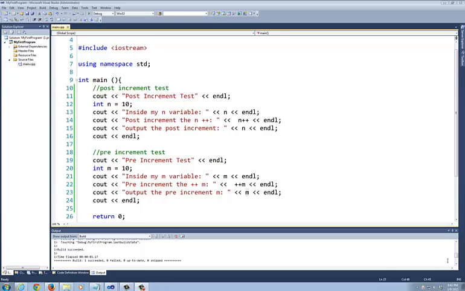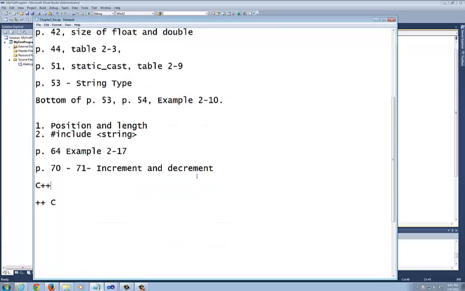Hi, folks. This is Chapter 2 Recap Part 3, or Part C, however you want to call this. Just want to continue where we left off on page 73. So if you look at page 73,